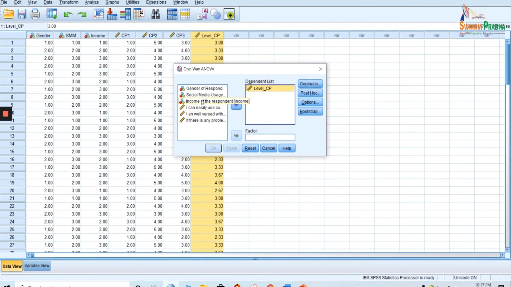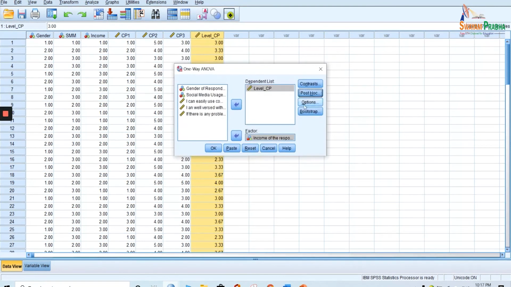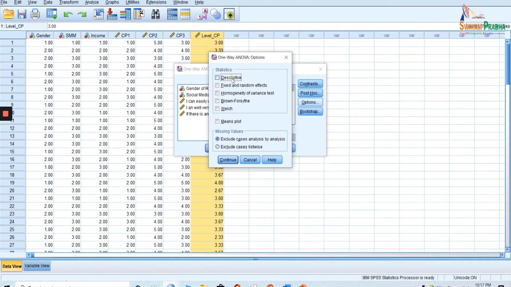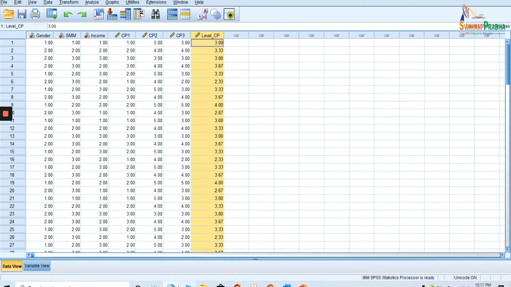The factor here is the income category. Your categorical group will fall under the factors. Do we need to test anything else here? You can select the descriptive, and the rest of the things you will learn at a higher level. Let us continue and press OK, and it will give me the output.